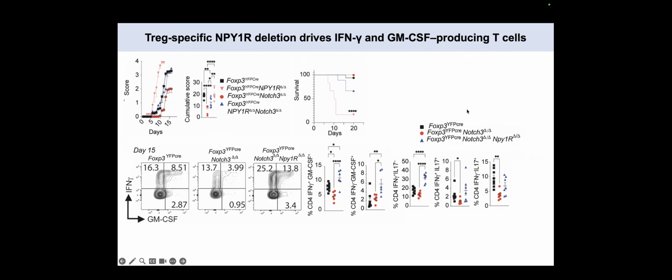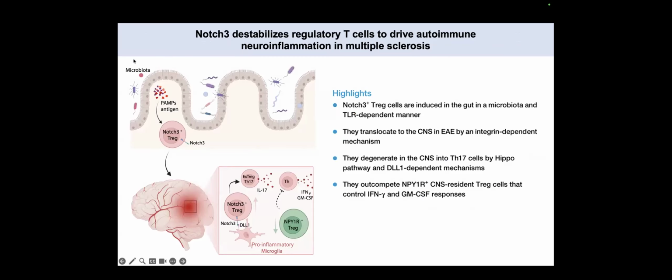To conclude on all this study, what we have shown is that gut microbiota will induce Notch3 expression in Treg in the gut through TLR-dependent mechanisms. Those cells will migrate to the CNS thanks to integrin-dependent mechanisms. When they arrive in the CNS, they will interact with microglia that express DLL1. This will lead to an activation of the YAP-TAZ pathway, leading to the Treg destabilization and the acquisition of an exTreg Th17 phenotype that will contribute to around 30 to 40% of the whole IL-17 production in the CNS